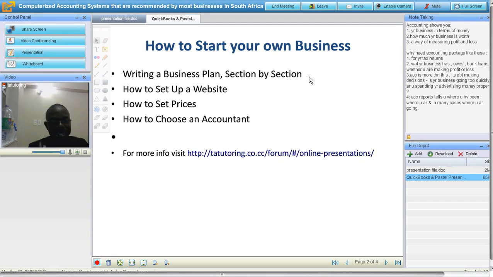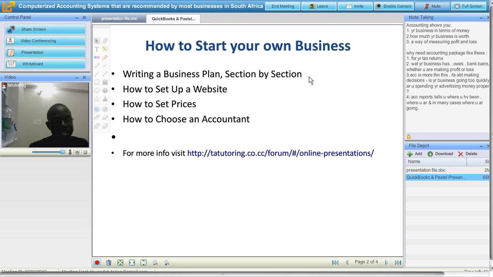Nowadays, everything is computerized. Everything that you do in your business, you enter into the system, and reports are drawn from the system. Which brings us to the question, why do we need accounting packages? It helps you when doing your tax returns, because every business needs to be registered and should be paying tax to the tax authorities.